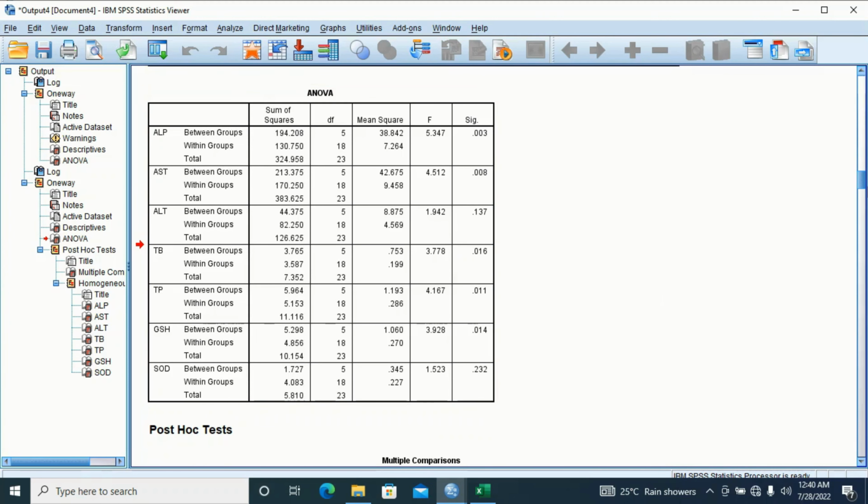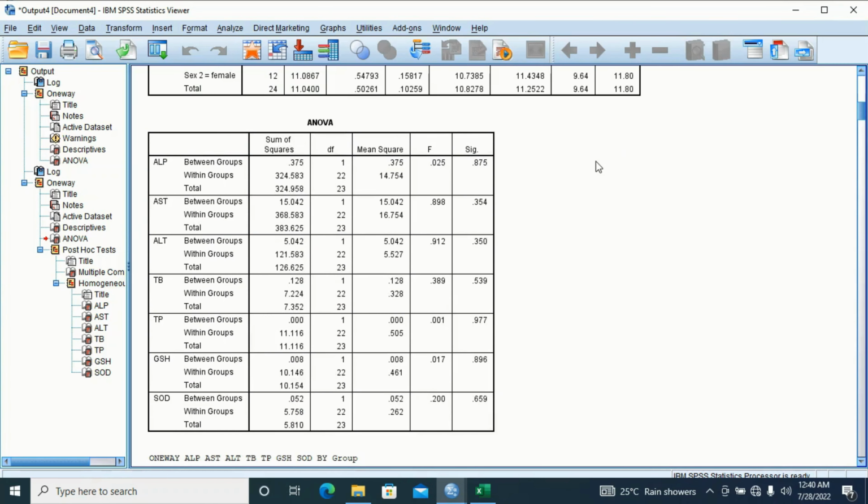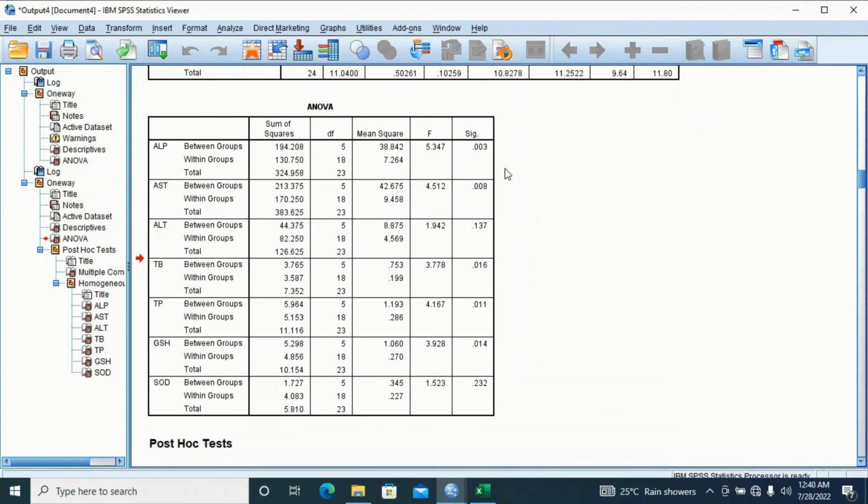significantly different. Okay, but when you analyze with respect to sex, you discover there is no significant difference across the group and within the group. So by implication, the different groups, when treated with those different extracts and compared to control, there is significant difference in some of them, meaning those extracts actually produced some level of effect on the subject when compared to the control that had no